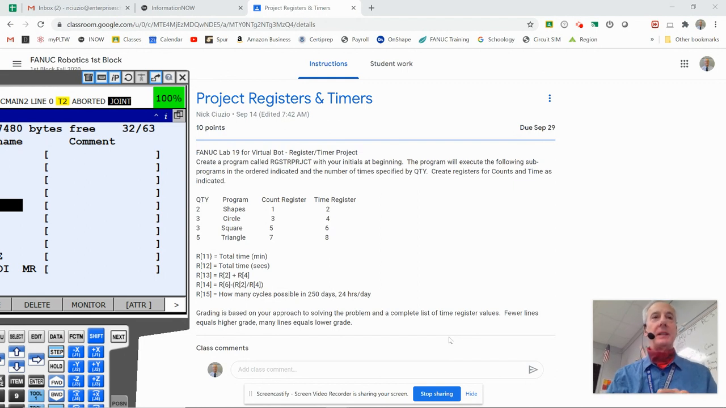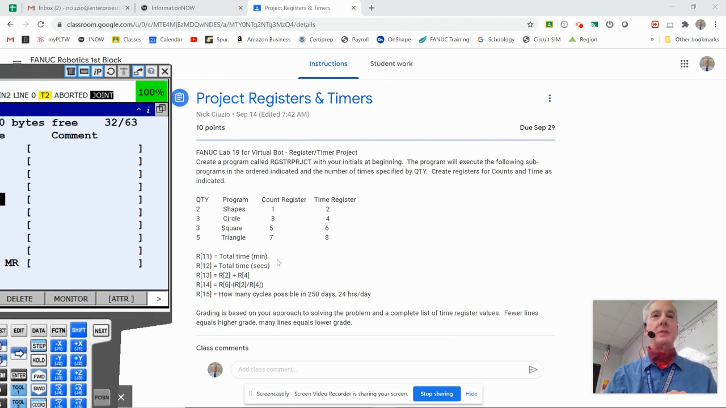I want to give you a little bit of guidance here. Just going to read through the problem statement, make sure that you understand what is being asked of you. So this is just an exercise in coding and register management. So we've already dealt with all of these programs. So all of these programs should already be established in your